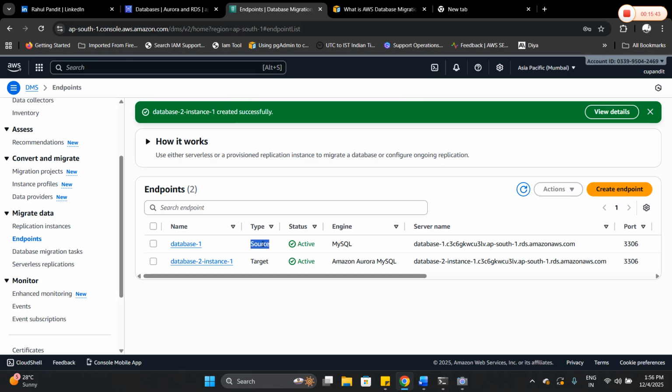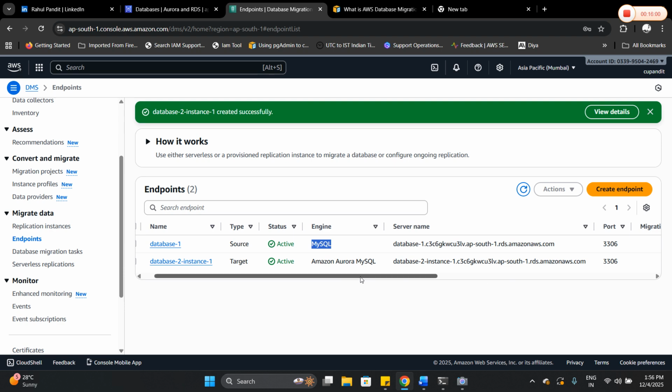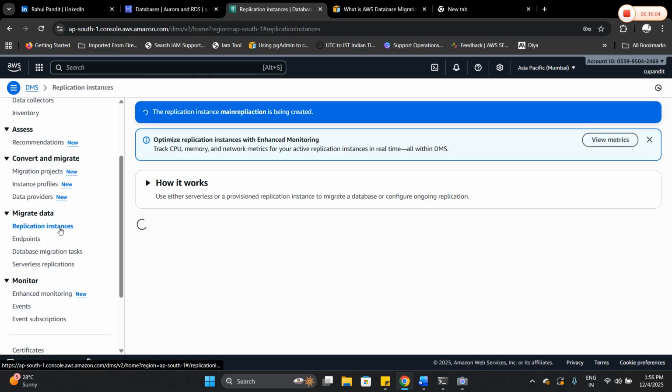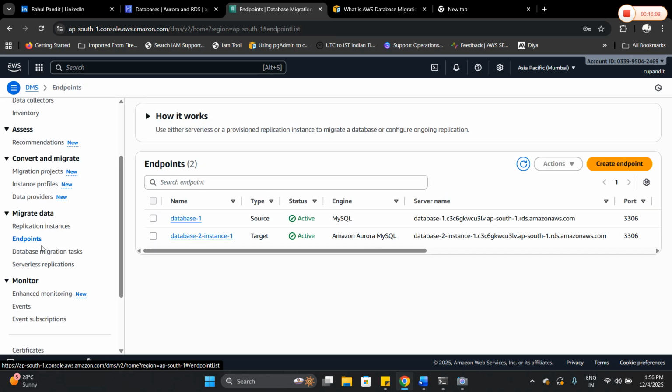So this is what we have done till now. We have created two endpoints, one for source and another one for target. And our engines, MySQL and Aurora MySQL compatible engines, and what ports are available for them, and the URLs, all information is here. So we have the replication instance in the creating state. We have endpoints, and